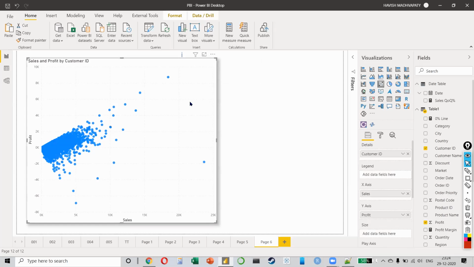But Power BI has this beautiful feature, which is, please click on these three dots. Everyone, please click on these three dots. And we have something called automatically find clusters. So it can do cluster analysis for you in a single click.